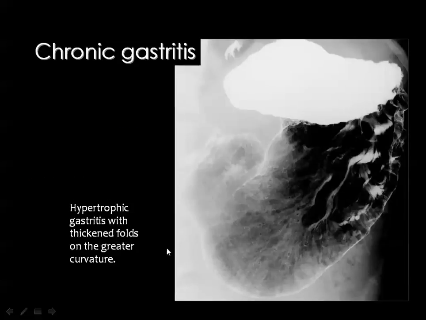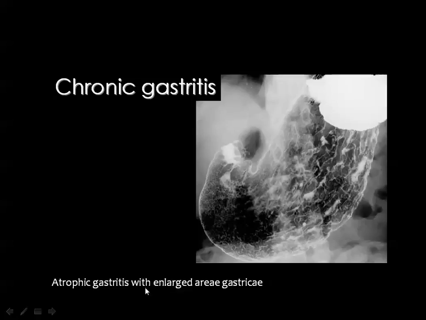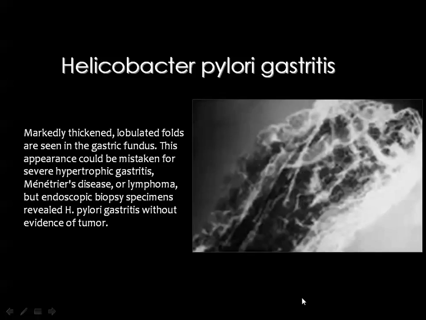And in this case of histologically diagnosed chronic gastritis, you can see mucosal atrophy in some parts of the stomach and mucosal hypertrophy in the body and the fundus. And in this case, you can see also the mixed type of mucosal atrophic changes and hypertrophic mucosa as well. And this is a type of H. pylori gastritis, and whenever you see this hypertrophy of the mucosal folds, you may go